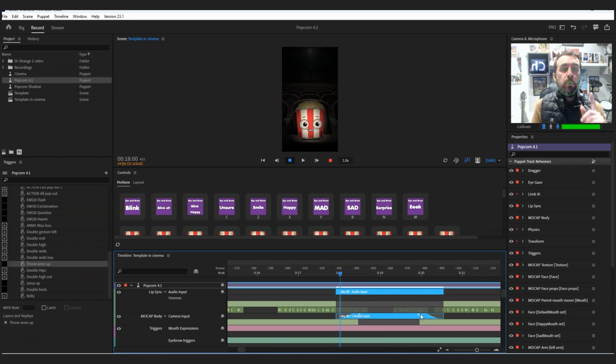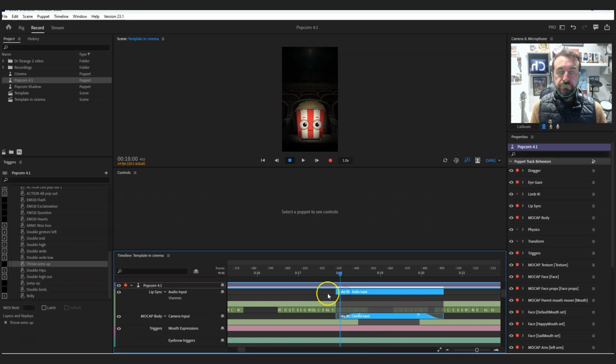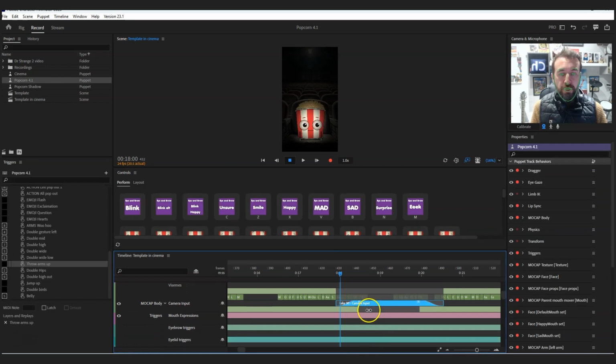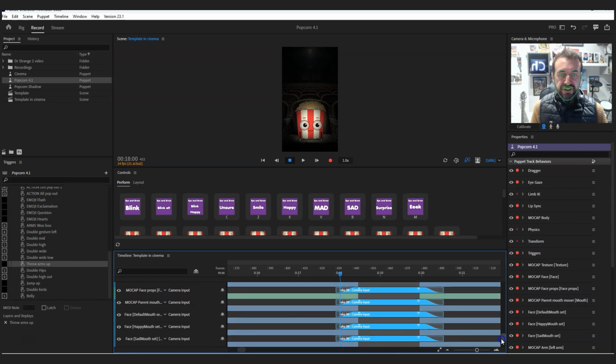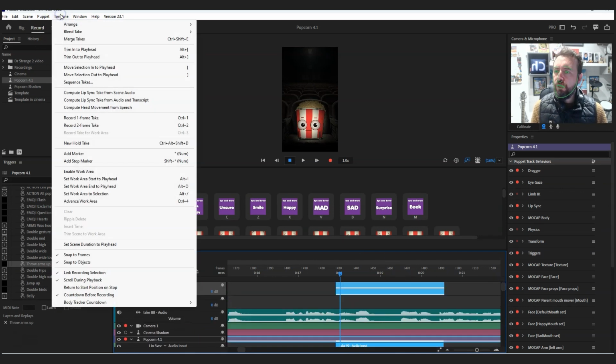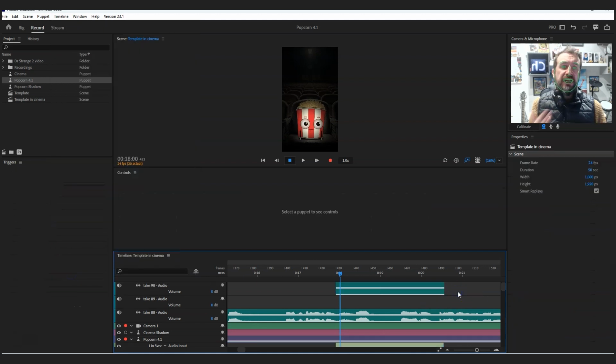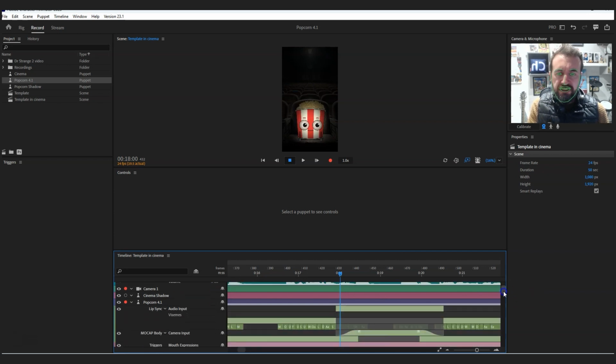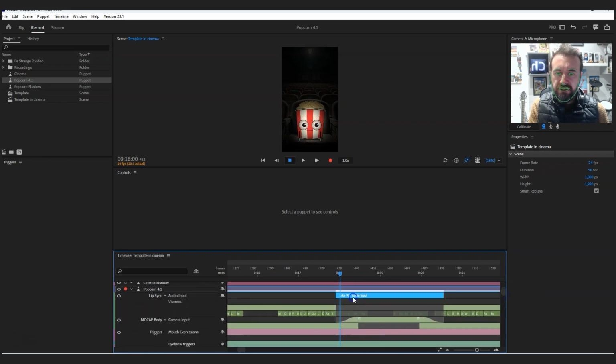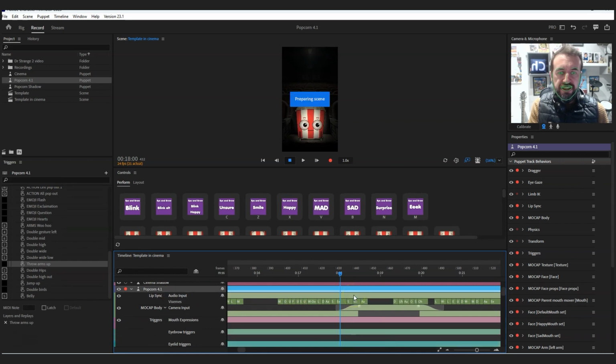blend in the action. Now what I did do then, however, is I forgot to turn off the microphone, so it has recorded over my audio. So what I want to do is select that audio and delete it, but you see it is selecting everything else that I've just recorded. So if we go up to timeline and just unclick link recording selection, that can be handy to have, but in this instance I want to delete one isolated thing. So now I've got that turned off, I pick the audio that I don't want and I'm going to delete that. And it's probably created new visemes as well, so I'm going to delete that, but I'm going to leave